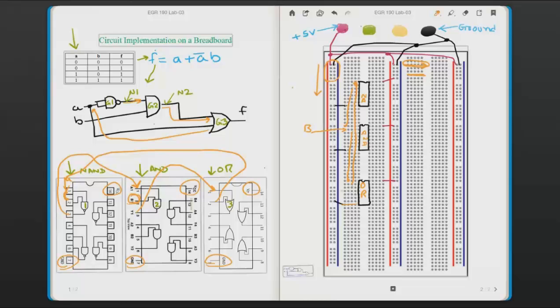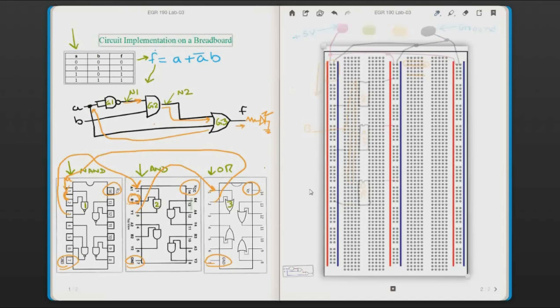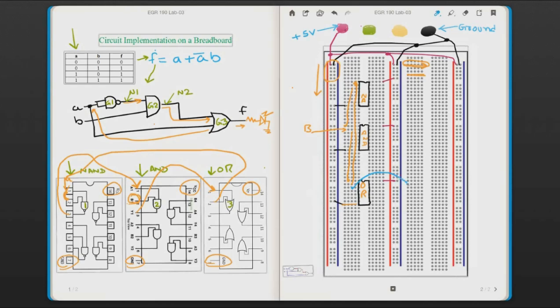Now the next thing I need to do is take this and connect it to a simple resistor, connect it to an LED and ground it. The way we do it is, the output is pin 3. So I'm going to take output 3, take a wire, go all the way onto this side, connect in one place, and take a resistor from the side connection here,